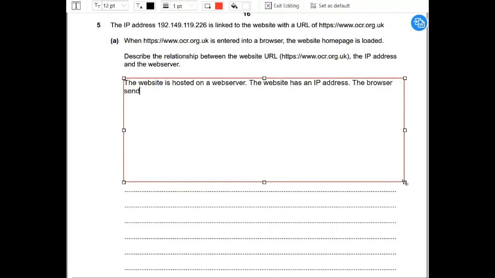The browser sends a URL to the domain name system. 3 marks so far. The URL will have a linked IP which the DNS will find. That's 5 marks. If a DNS cannot find it, it passes a request to a higher DNS, and if it's not found, we're going to have an error. The IP address is sent back to the browser, which sends a request to the web server. The web server will process the request for the website, and